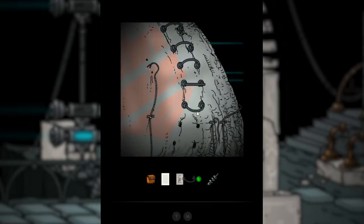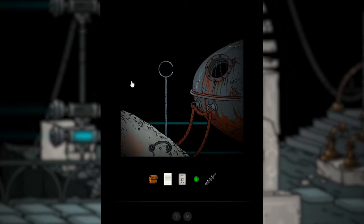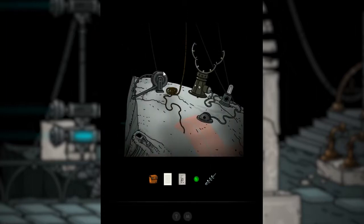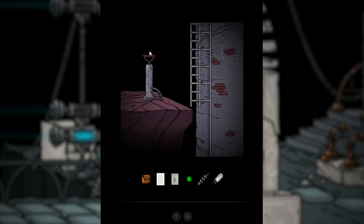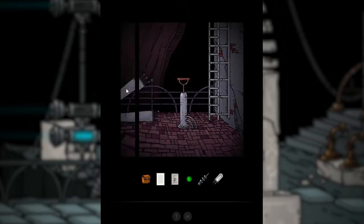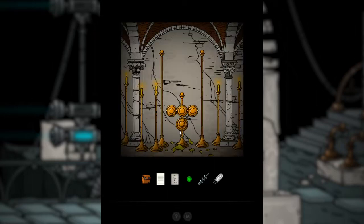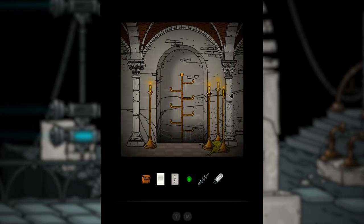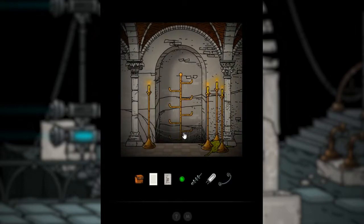Well, this is where this ladder rung goes. Looks like we'll need another light sphere to actually get into the ship. There's not much we can do here, but I will take this coil. It's mine now. Right, moving onward. Well, there's one more combination we haven't tried yet. How serene. We have another ladder step over by the statue. Down here...